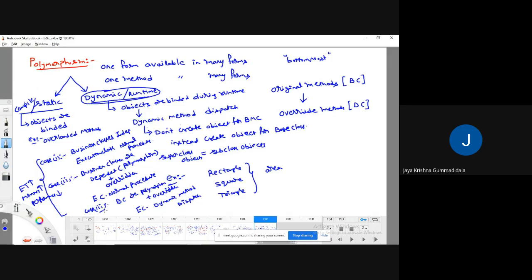Because of this, case 3 will yield more performance, memory will be less, and execution time will also decrease. Now let us see one by one. First we'll see case 1, case 2, then case 3, finally with this example.